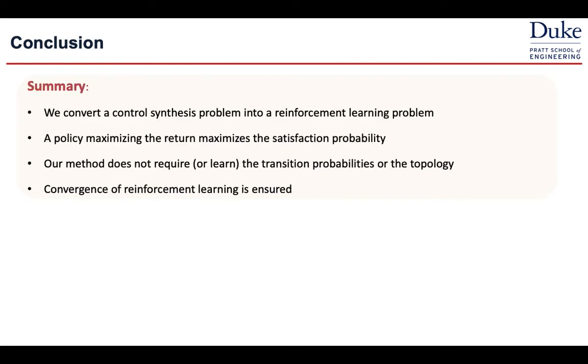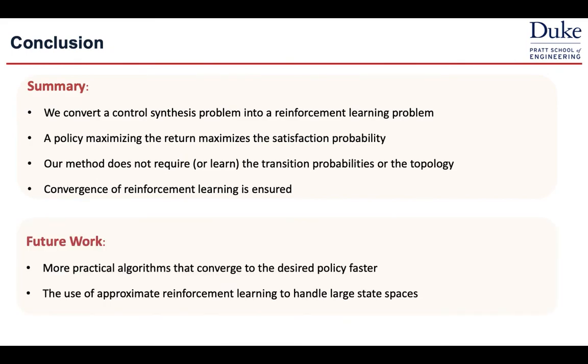Okay. All right. In conclusion, we propose a framework to transform the control synthesis problem from LTL specification to an RL task. We do this by converting the objective into a reward maximization problem. We show that using the rewards and the discounting we described ensures the convergence of the RL to the best policy. The immediate future work would be to deal with the slow convergence rate faced here, which is the direct outcome of using large discount factors.